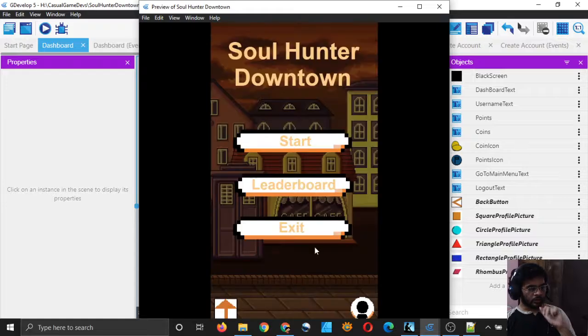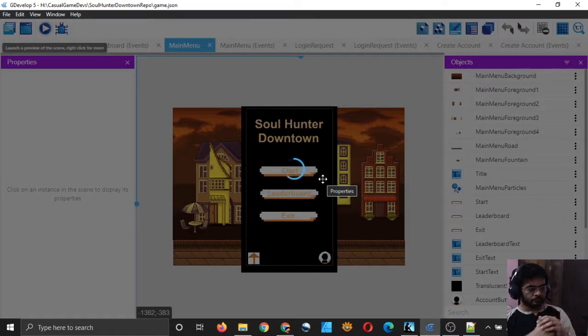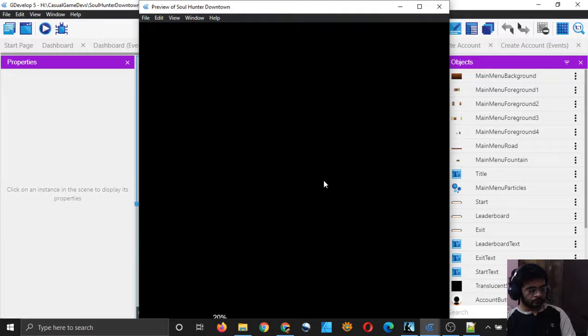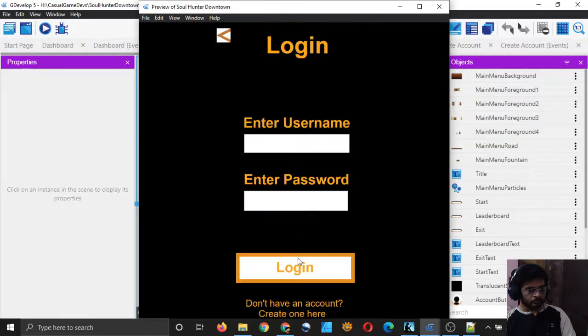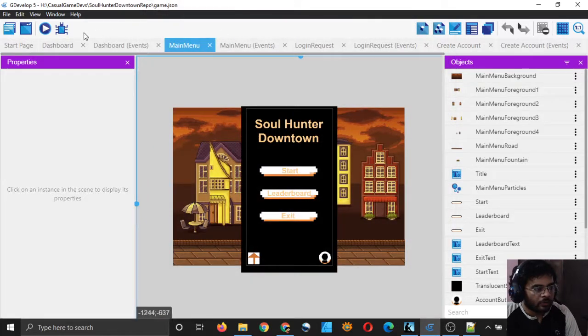I click on log out just to delete the data, and then I will go to the main menu again. Okay, it seems like there is something wrong with the account which we are logging in with.